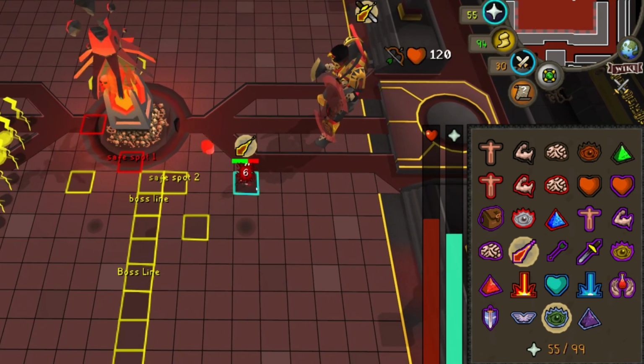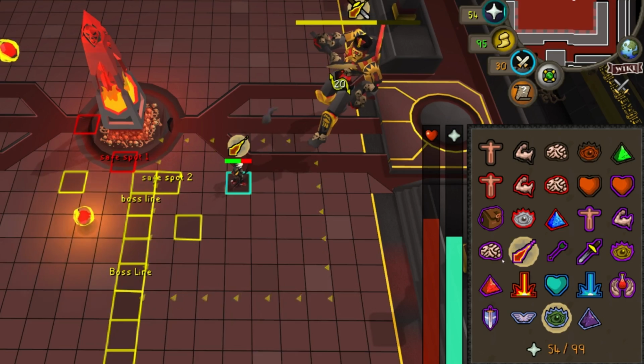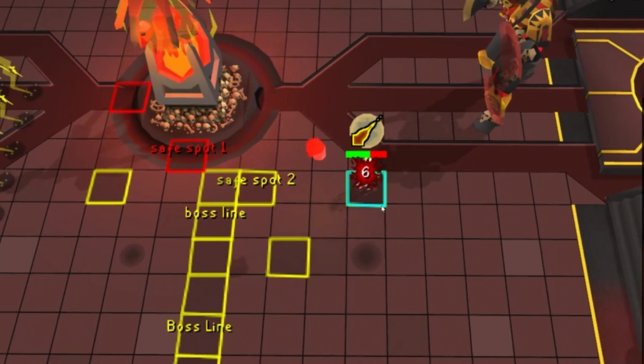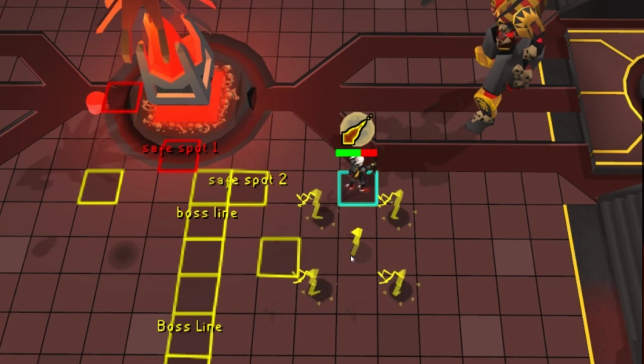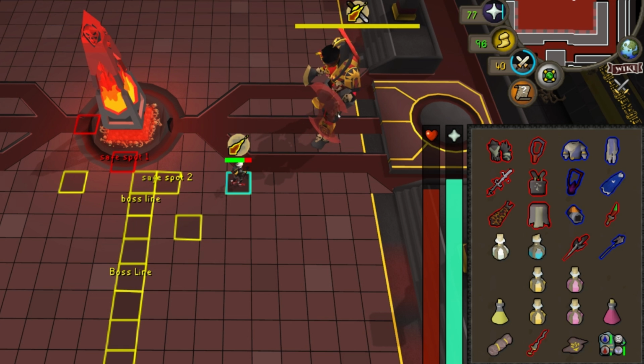You have to be horizontal or vertical, 1 or 2 tiles away from the skull. Either doesn't matter. As long as you're within 2 tiles of it, the shockwave attack will not hit you. Try and get into the habit of doing this. It can be tricky, it can be hard to see these shadows, and I get hit by them very regularly,